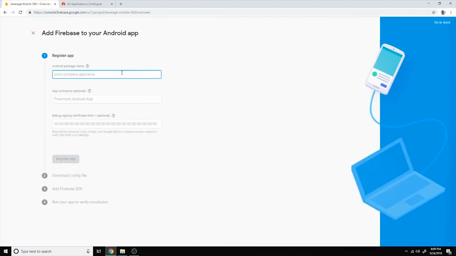So it's going to tell us to register the application, so we're going to do com dot, and this was for Shop Hair Queen, and then we'll do dot lm360. Give this name an app, so this is the Android Shop Hair Queen, and this is optional, so we're going to leave this out. Click on register app,